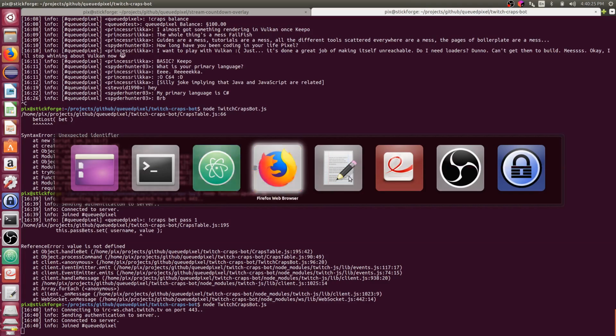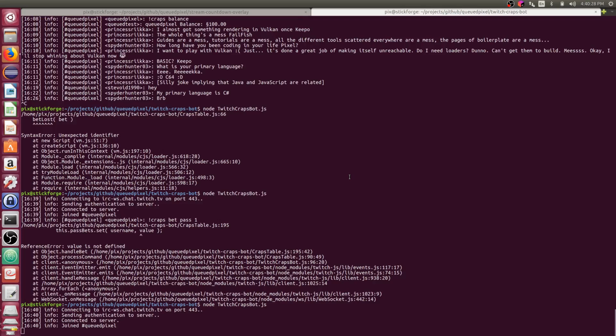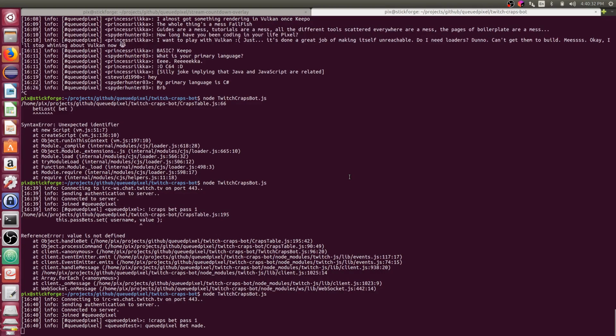So let's try again. Say craps bet pass 1. Bet made. If anyone else wants to place a bet and give this a try, feel free to do so. I'm going to have StreamElements give this a try here.